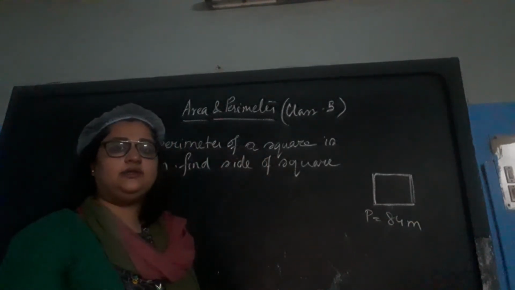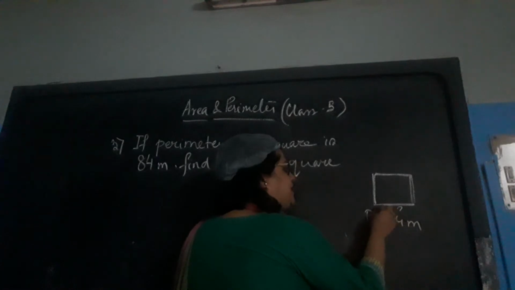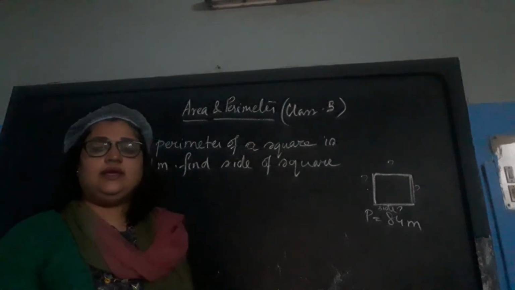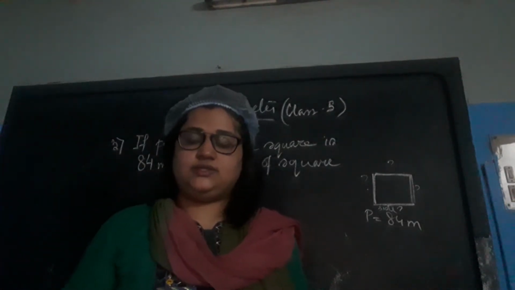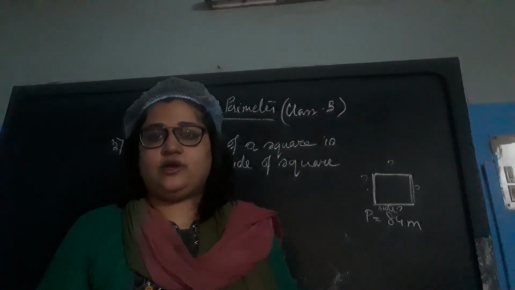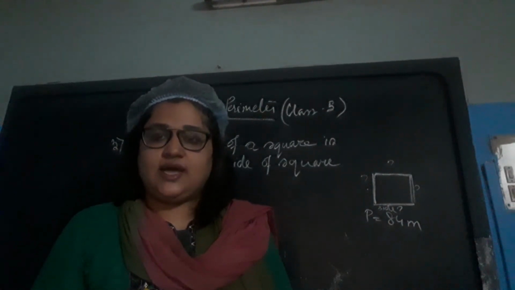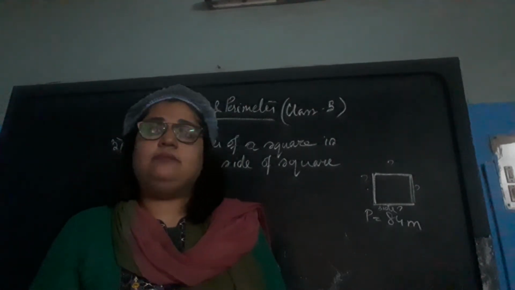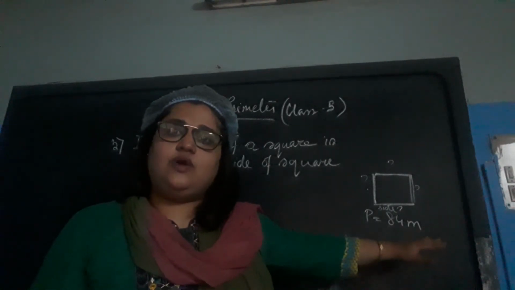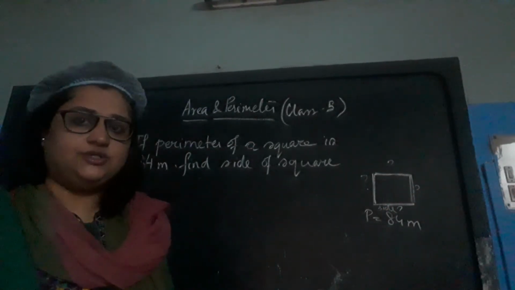What you have to find? You have to find the side. And you know that if you can find one of the sides, all the sides of the square are the same. In earlier straightforward questions, the side of a square is provided and you have to find the perimeter of a square, or the length of its boundary. So it is very easy by using the formula 4 into side, you can calculate perimeter. But here just the opposite is given. The perimeter of a square is known to you. You have to find out what each single side of the square measures.